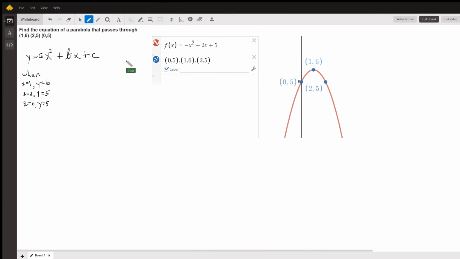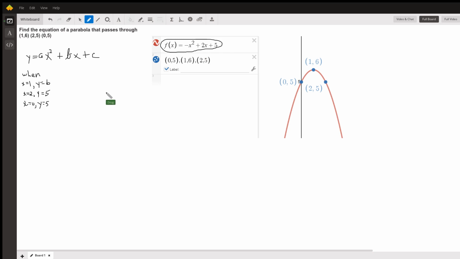Well, there's more than one way to do this problem, but here is the general technique. Here's the answer. There's the parabola. There's the function in the form ax squared plus bx plus c. And there's proof that that parabola goes through those 3 points. The question is, how did I come up with